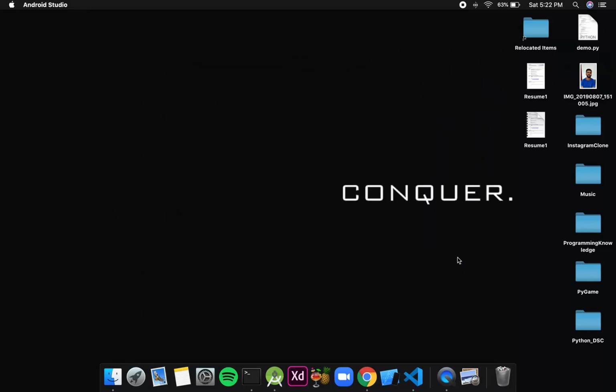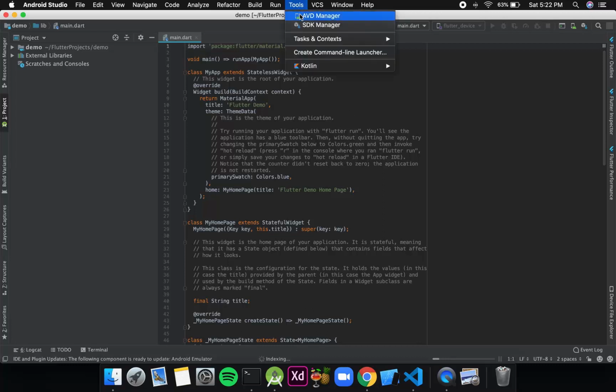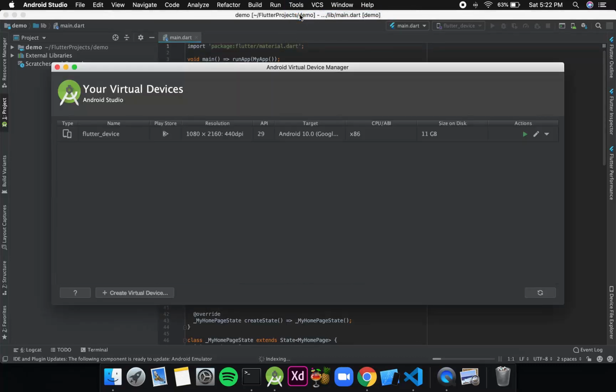If you first open a Flutter project, it will ask you to download some extensions. So click on download, and once done, we need to set up an emulator. For setting up an emulator, we go to tools and then AVD manager, and over here I have already created a virtual device called Flutter device.